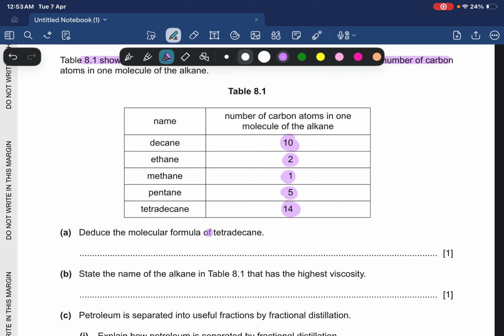Deduce the molecular formula of tetradecane, no problem. We are dealing with what? We are dealing with alkanes. And when we're dealing with alkanes, we know the general formula. It's